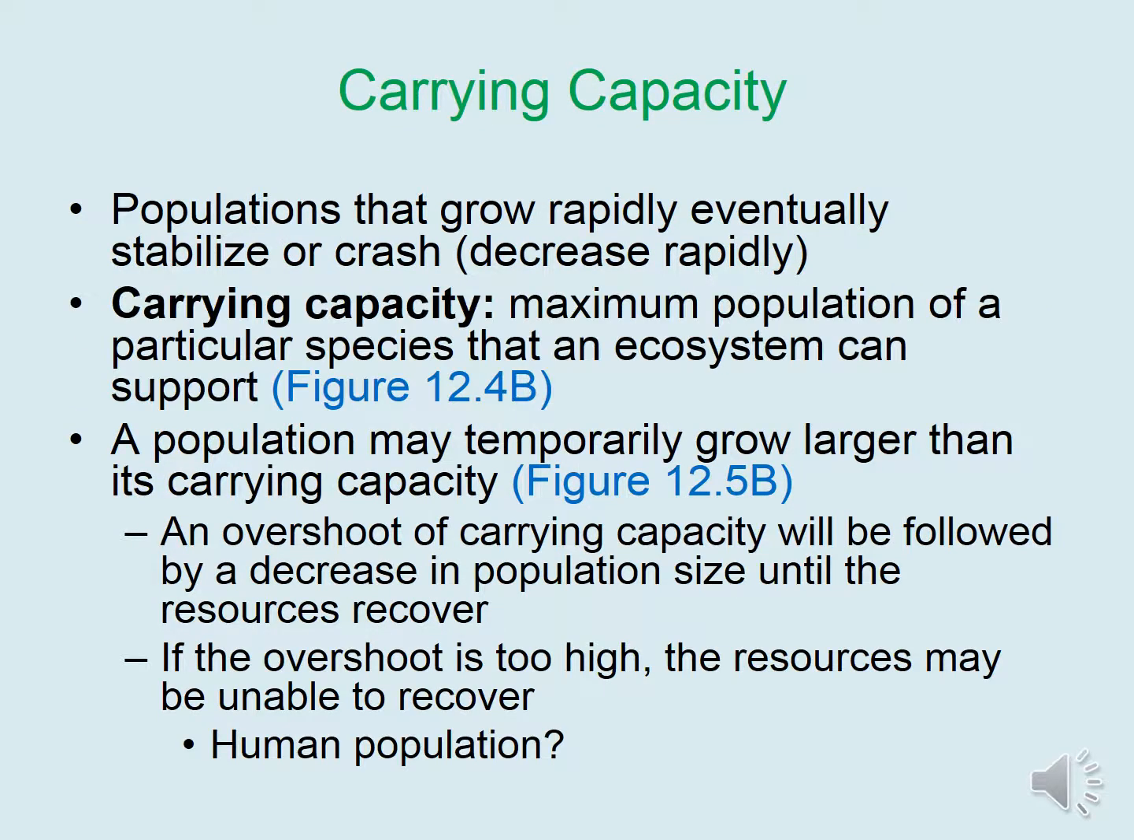Populations that grow rapidly eventually stabilize in number or crash, meaning that the numbers decrease rapidly. This is due to the carrying capacity, which is the maximum population of a particular species that an ecosystem can support. While a population may temporarily grow larger than its carrying capacity, an overshoot of this capacity will be followed by a decrease in population size until the resources are able to recover. If the overshoot is too high, the resources may be unable to recover, and the population size will be limited